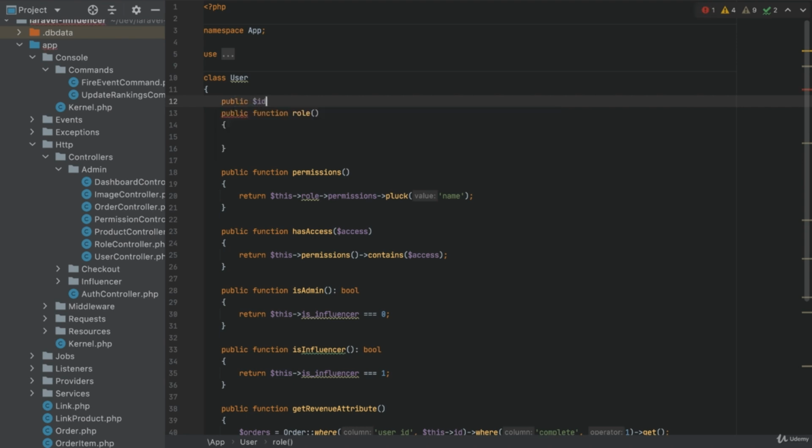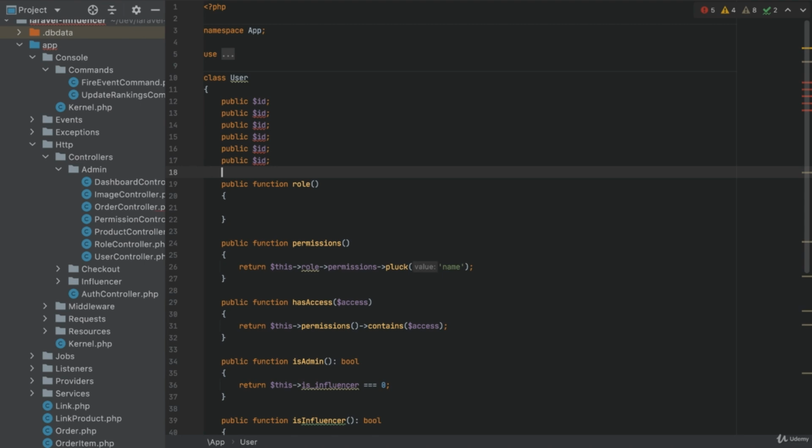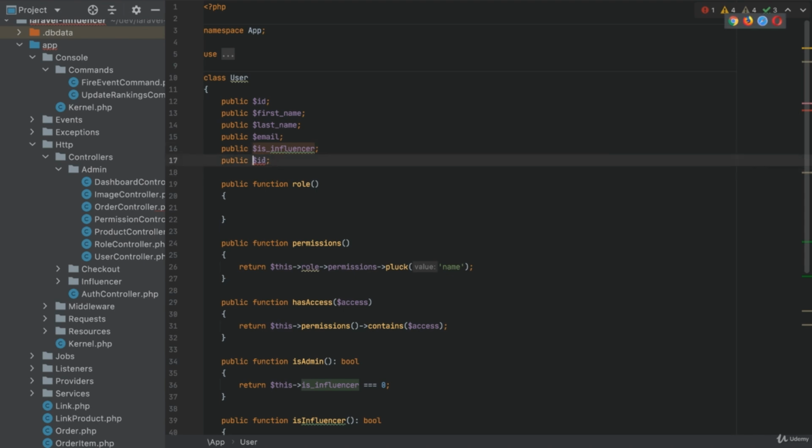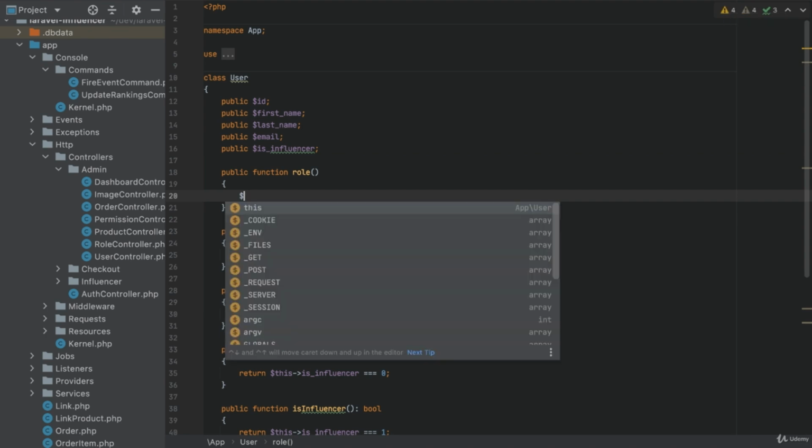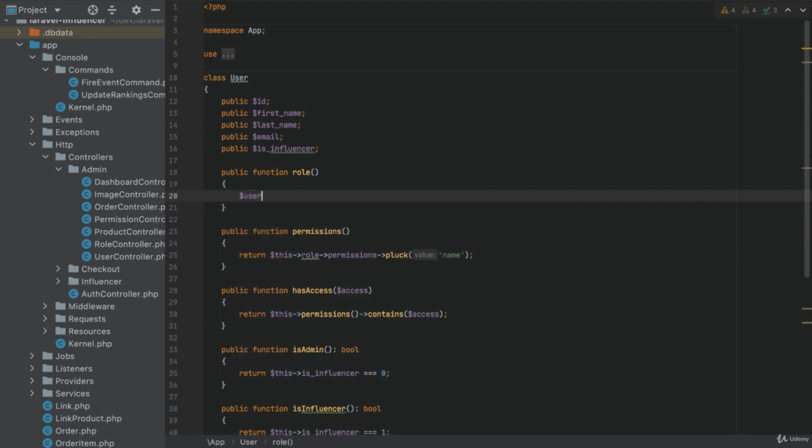Public ID. This is first name, last name, email, and is influencer. We can add also created at and updated at, but we will not add them for now. So these are the fields for the user, and for the role we have to find first the user role,